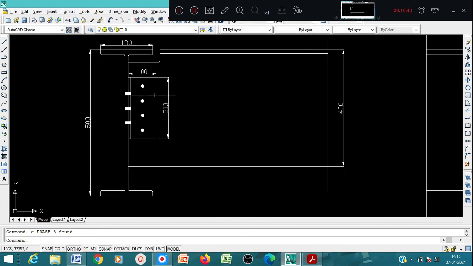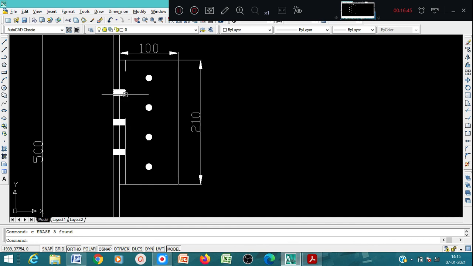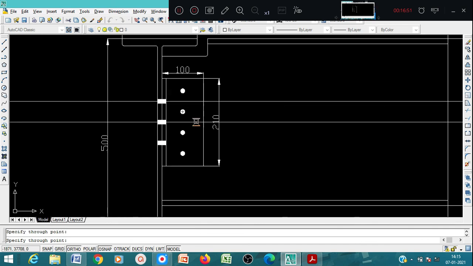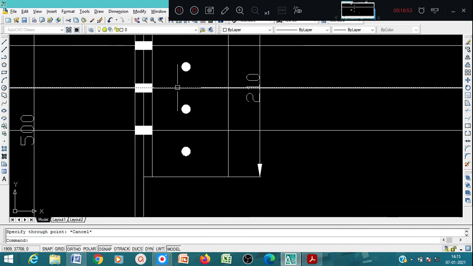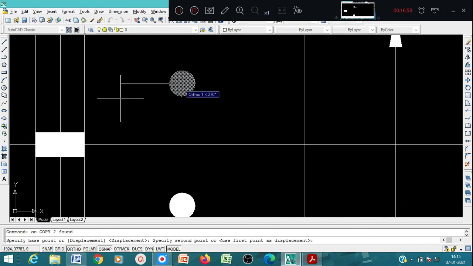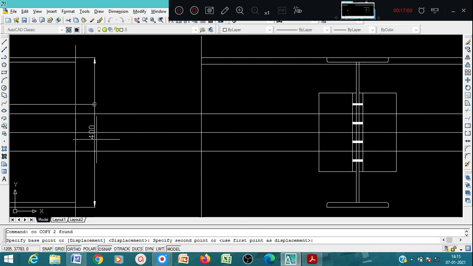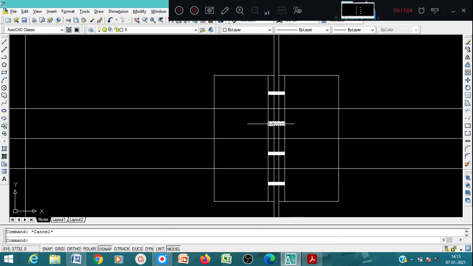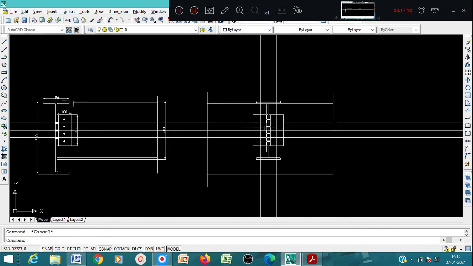Now we show these bolts. You can use the construction line command again, and you can use the same bolt here. You can copy from here and place it over here. Okay, for that you can use the construction line again in the center and on this side.